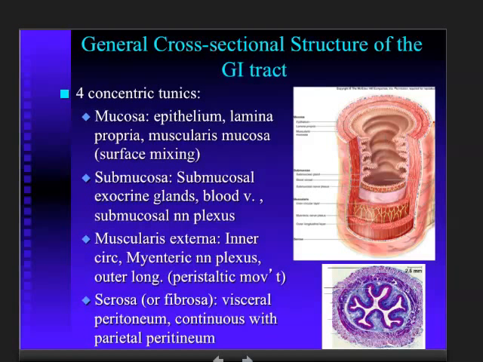It includes an epithelium, which will change. What's the epithelium going to be like in the esophagus? Take a guess. Right, stratified squamous. Stratified squamous epithelium, non-keratinized, of course. And when we get down into the intestine, we're going to look for simple columnar, with microvilli on it. So the epithelium will change, but nevertheless, you'll have an epithelium, you'll have a lamina propria, and you'll